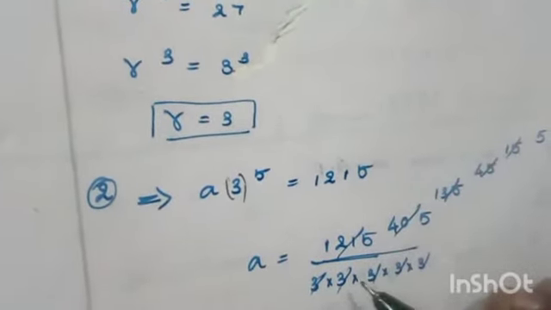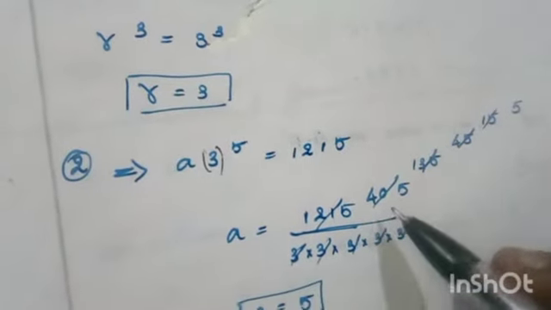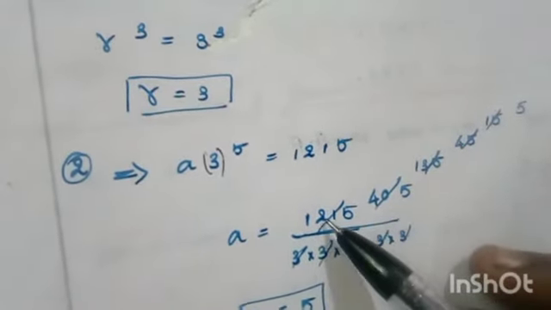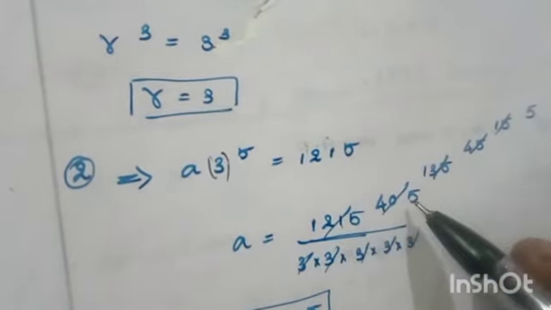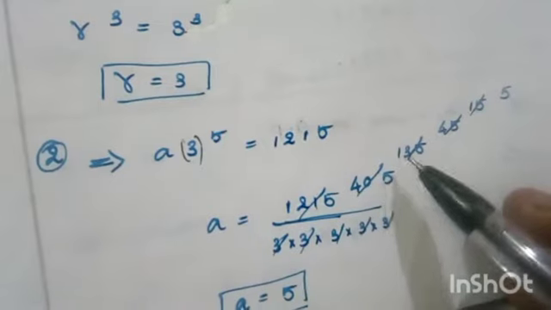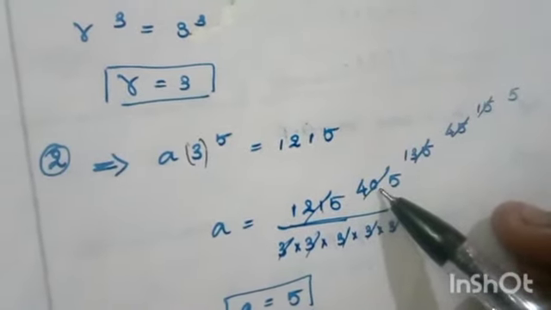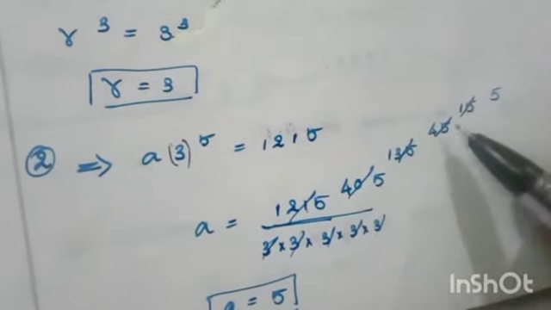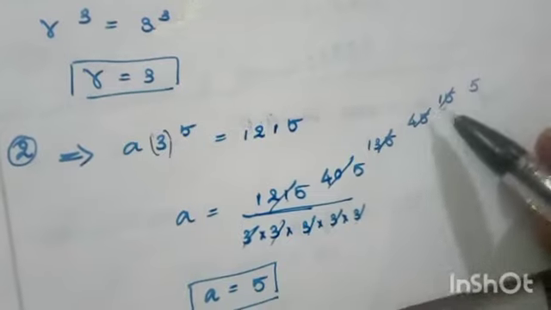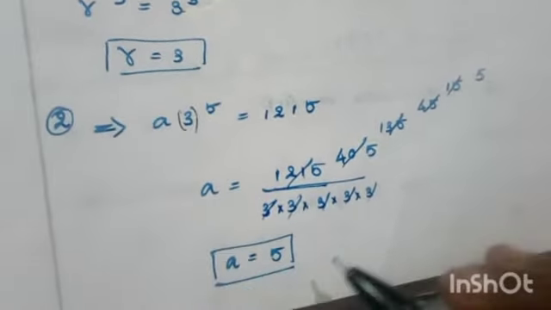That is 3 into 3 into 3, 5 times. Now you have to cancel. 1 3 is 3, 4 3s are 12, then 1 is not divisible by 3, so 0. 5 3s are 15. Again 3, 1 3 is 3. Balance 1, 3 3s are 9, balance 1, 5 3s are 15. Again 3, 4 3s are 12, balance 1, 5 3s are 15. Again 3, 15, then again 5 times. So after cancelling, A equal to 5.